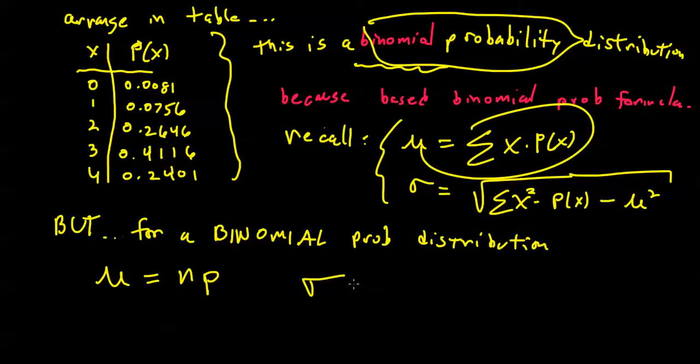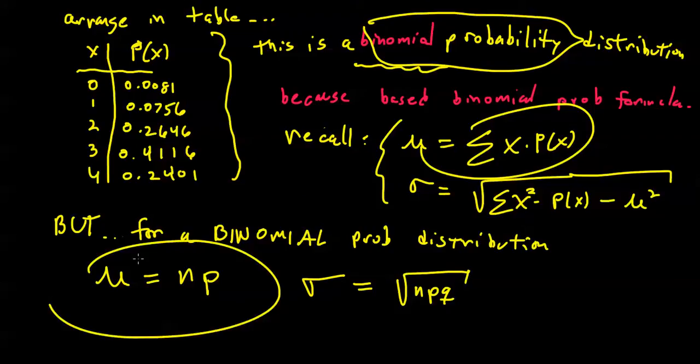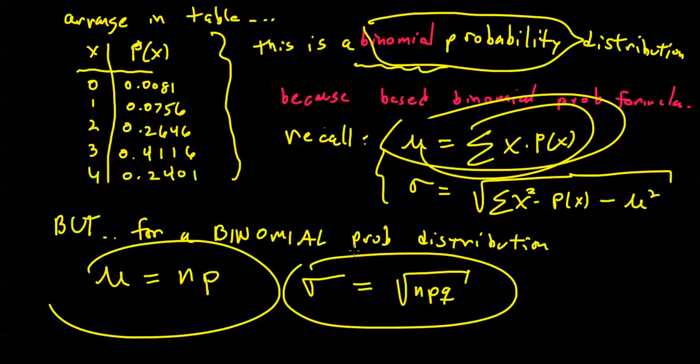And sigma, your standard deviation for that probability distribution, is root npq. I think you'll agree with me, this formula is much simpler than this one, and this formula looks a lot simpler than this one. Alright, so for the above case,